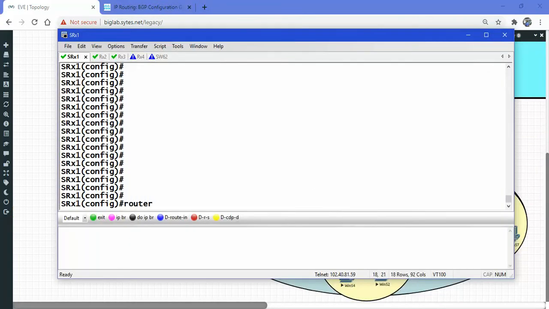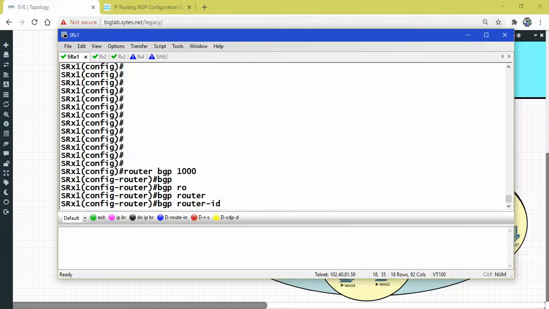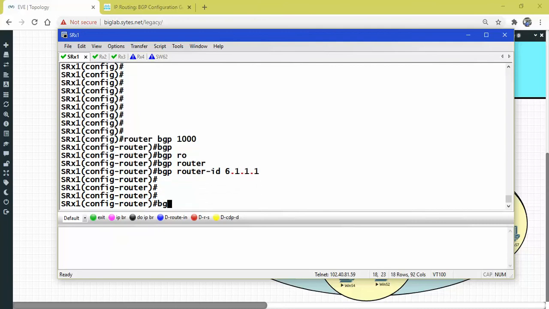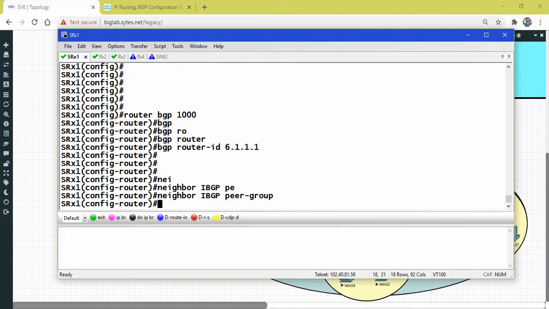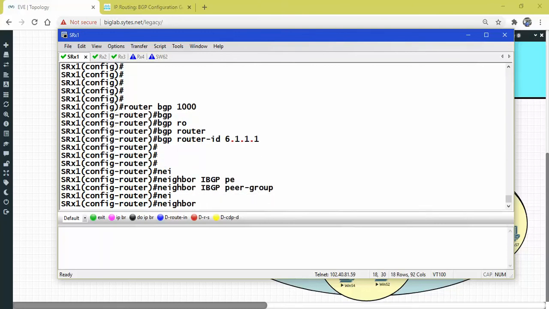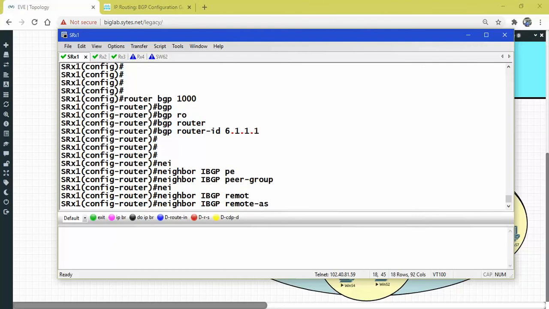Okay, router BGP 1000, BGP router ID 6.1.1 and BGP. Well, let's configure the peer group first. Neighbor IBGP peer group and neighbor IBGP remote AS 1000